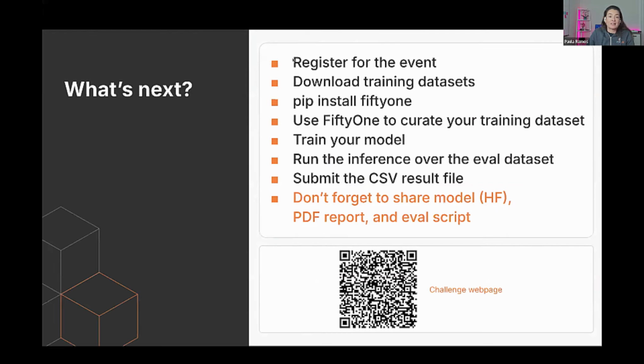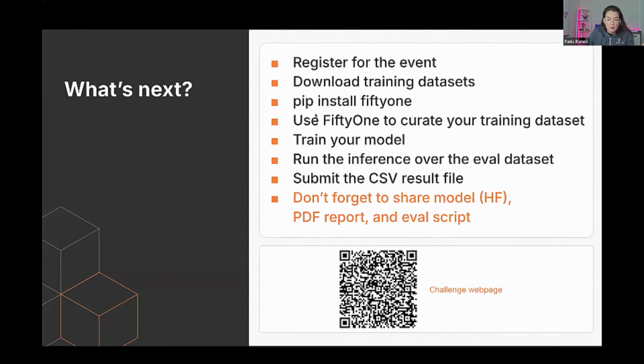So now, what is next? Really important: you need to register for the event. Scan this challenge web page and register to the event. Download the training data sets. For downloading these data sets, you need to request access from the owners. You need to pip install 51. It's easy to use.